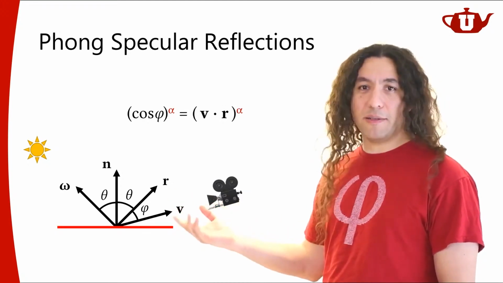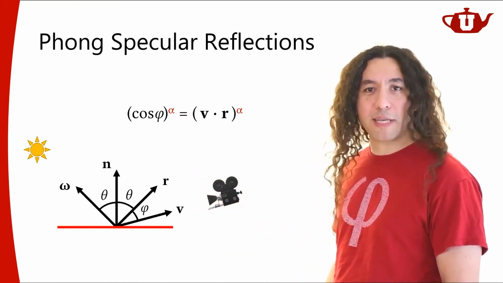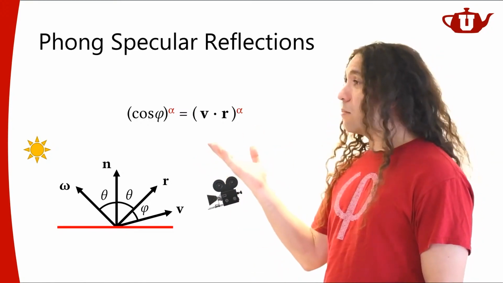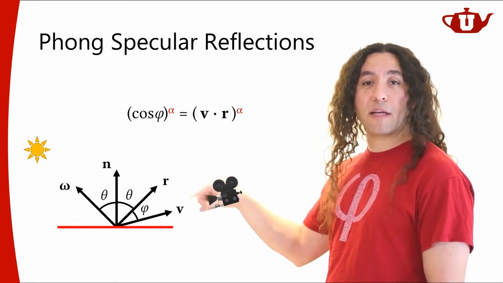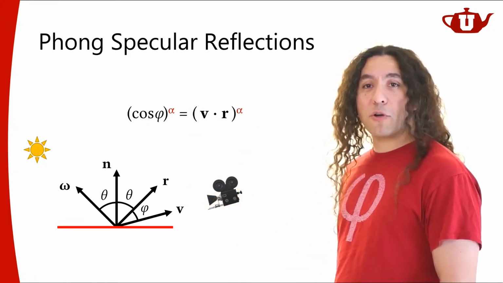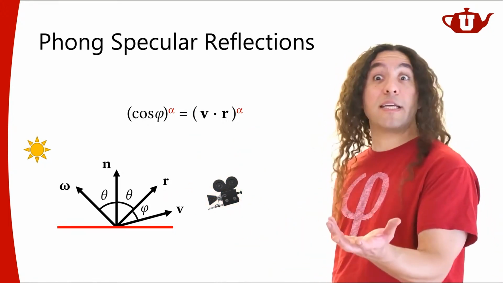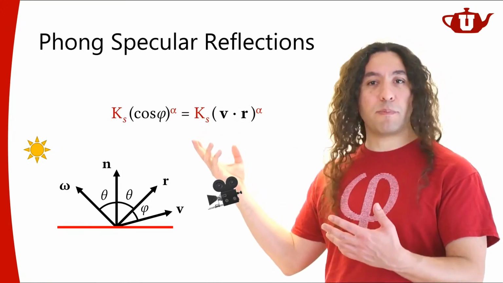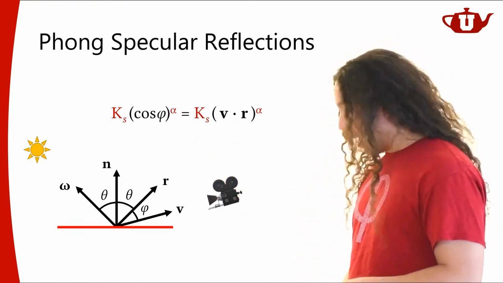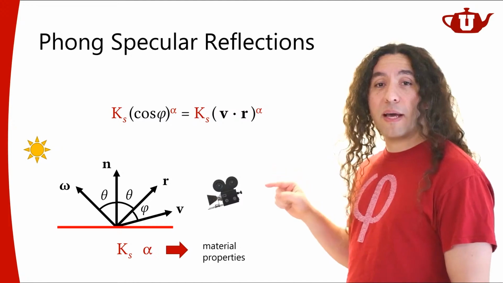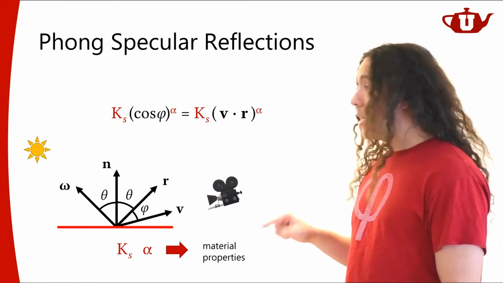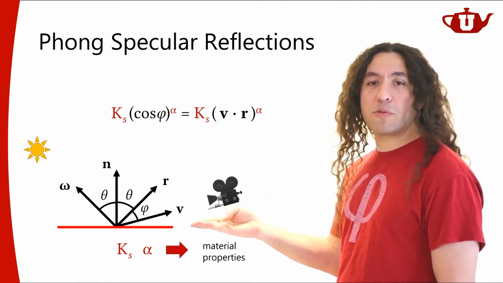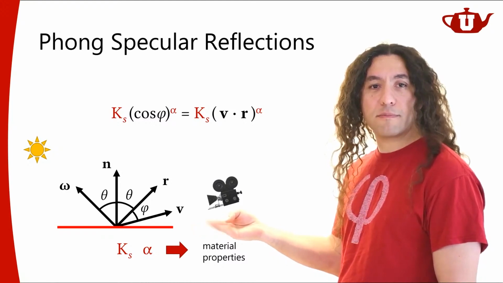Both are unit vectors again, so their dot product will give me the cosine of the angle between them. So this Phong specular reflection model will be based on this term, the cosine of the angle between these two directions. And of course, I'm going to have some term telling me how shiny the surface is. So let's call it Ks. This is like the specular coefficient of my material. And so these two things, Ks and this alpha exponent, are going to be my material properties. They're going to define the kind of material that I'm using for this plane, for this object.